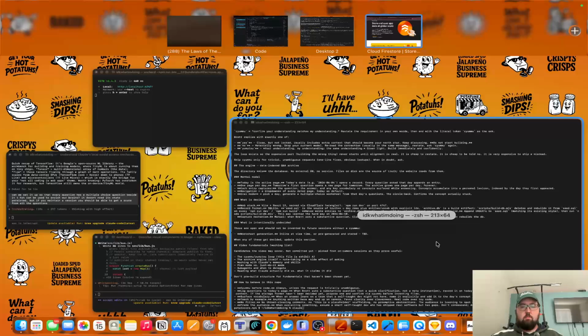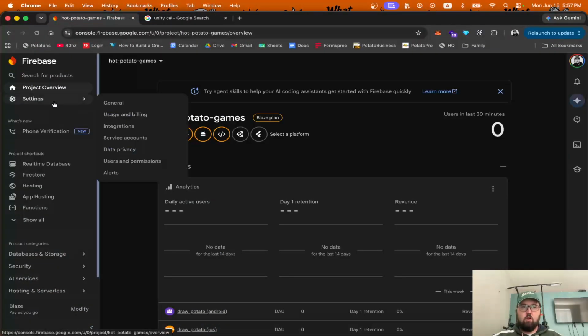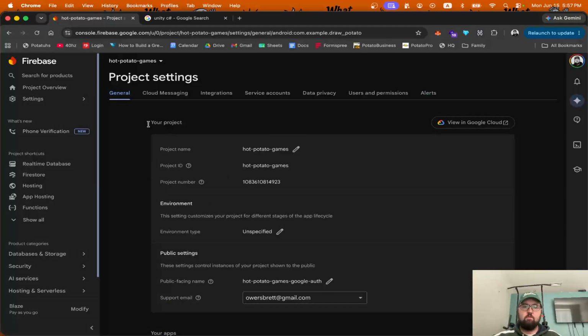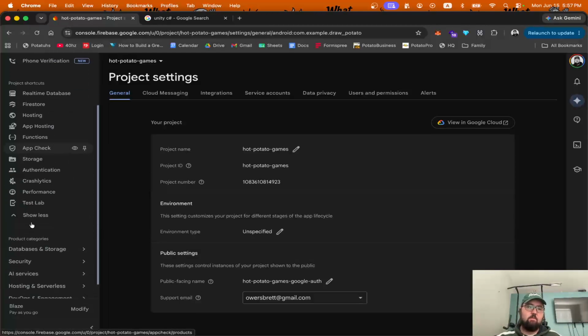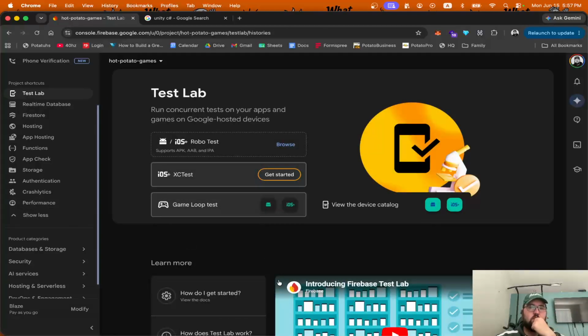Oh yeah, I was talking about the panes. You have project overview, you have settings, general. What's in general? Some project information. At some point in here, there's private stuff, like in Firestore, but stuff that I don't have yet, like the test lab. Some people don't know this, but you can use this to run concurrent tests on your apps and games on Google hosted devices. And there's a free plan here, and even the Blaze pay as you go plan, I pay next to nothing